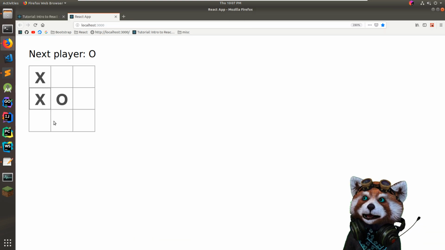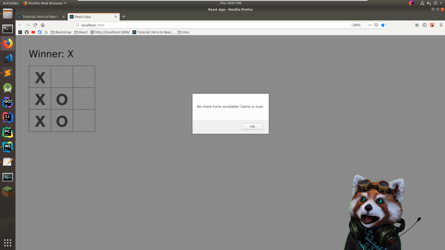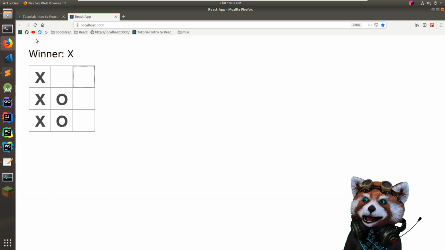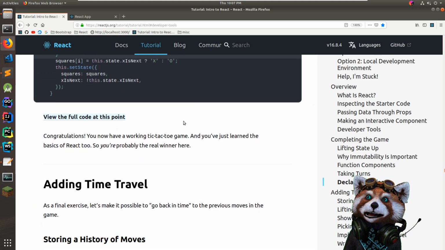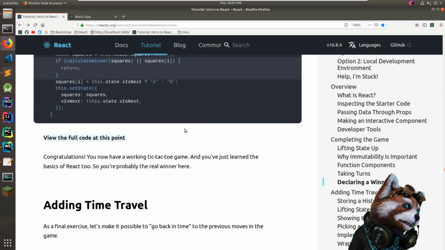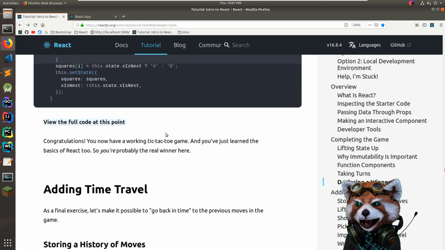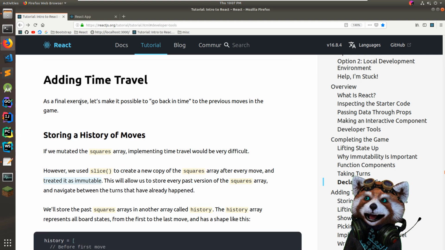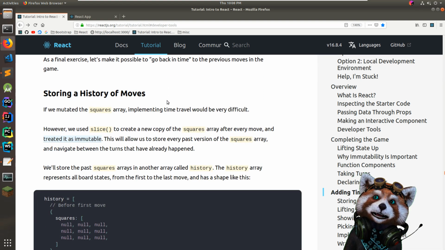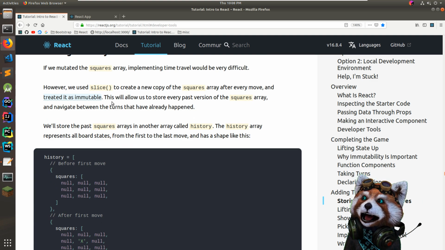Okay, so now we can try, boom, winner X. No more turns available. Okay, very cool. So this really was a good example to learn about all the basics of this. Adding time travel. As a final exercise, let's make it possible to go back in time. Okay, so yeah, all they're doing is